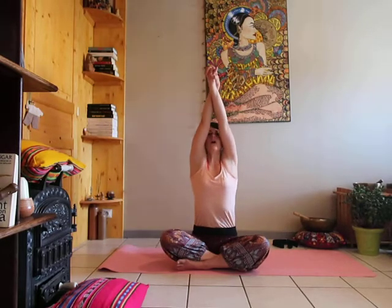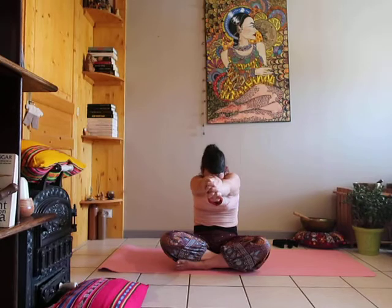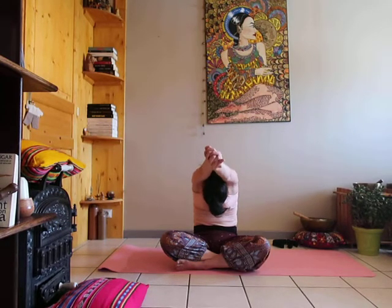And from here, you change the cross of your hands. And again, interlock your fingers. Arms up, up, up, up, up. Look up. Engage your core muscle, chest up. And again, exhale, hands forward. Belly in. Hands forward. Head in between your arms, chin to chest for 3,